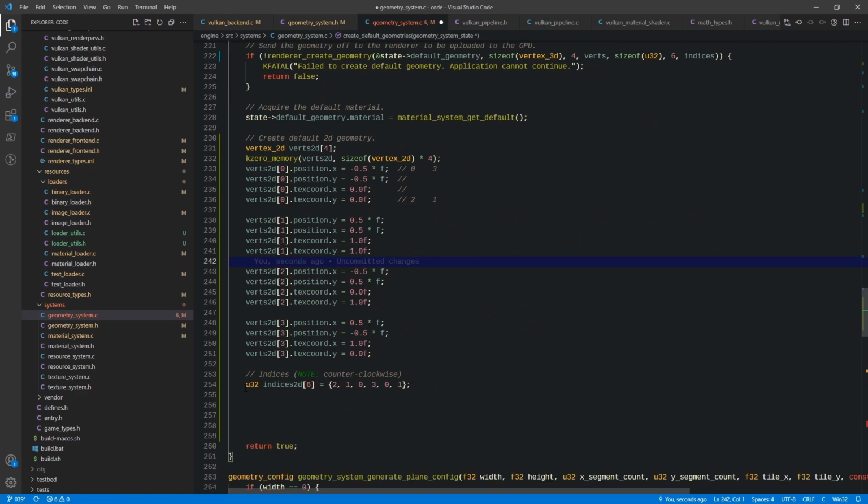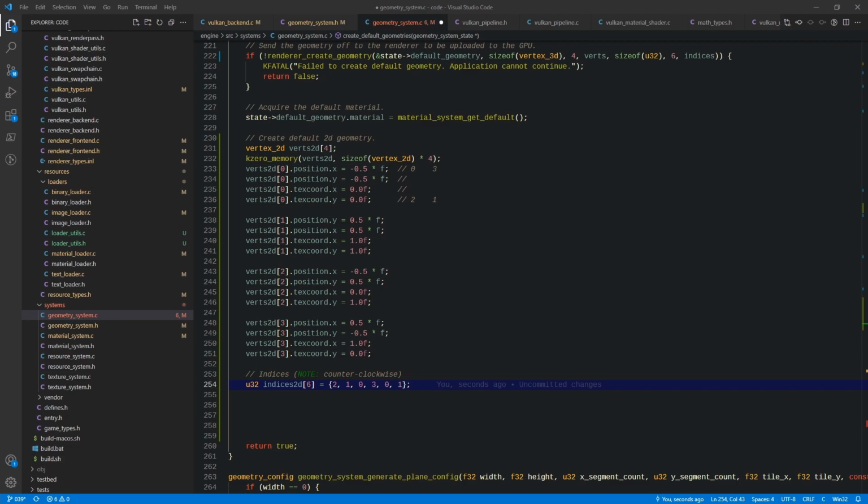Okay, and then our indices 2D is a little bit different. This is going counterclockwise instead of clockwise. Because of the difference in projection matrices between the UI and the world render pass, we actually need to use counterclockwise for this version of it. Okay,